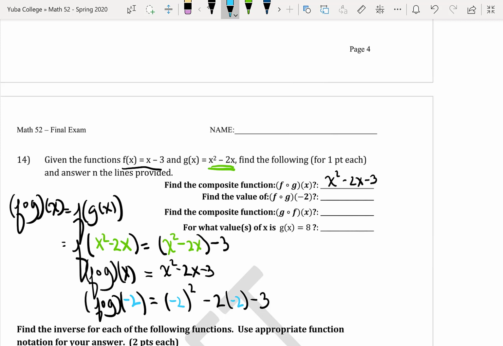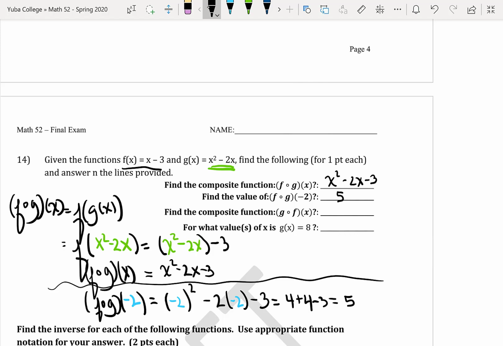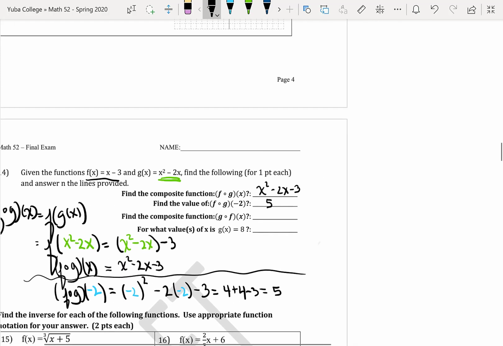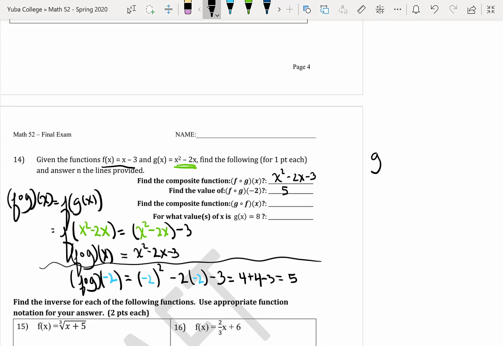So then it asks us to find, not f of g of x, it asks us to find g of f of x. So I'm going to do this on the side here. This time, instead of taking the equation g of x and plugging it in wherever we see an x in f of x, we're doing the opposite. We're taking the equation of f of x, which in our case is x minus 3,